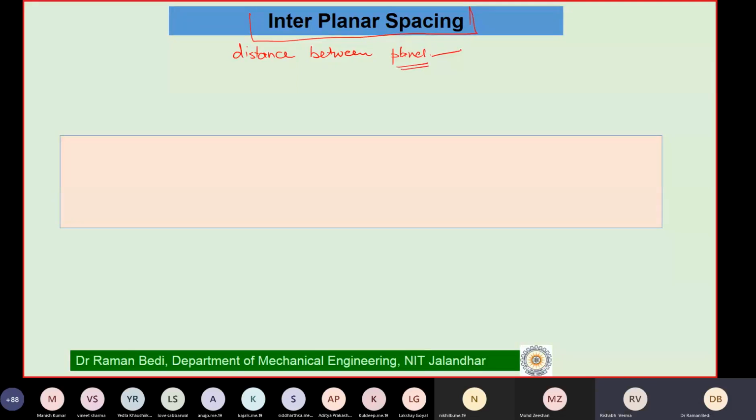But which planes? The planes which are similar, which have the same index HKL. What is the interplanar spacing between them? How are these planes spaced from each other? In a simple understanding, I can say that if I talk about, let us say, a cubical unit cell, I can say here that